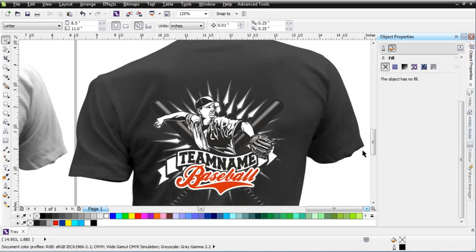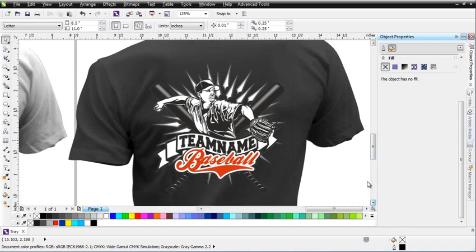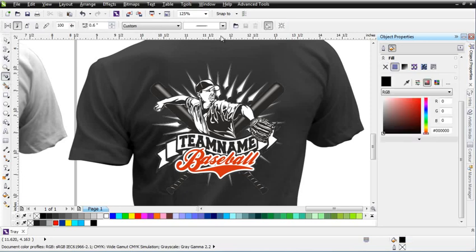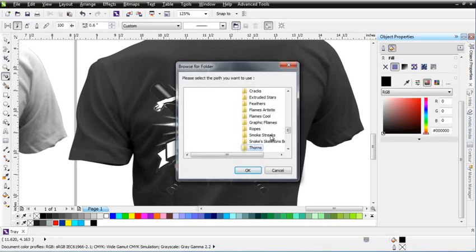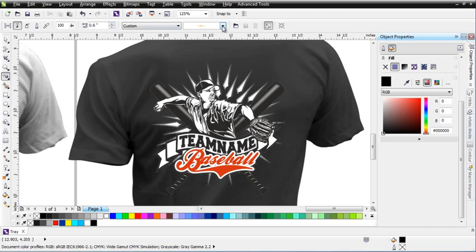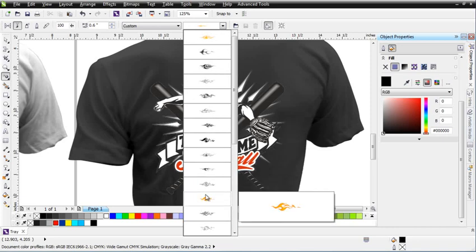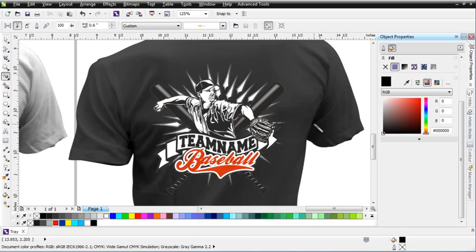I'm going to come over here. I've got another design set up and we'll take a look at some of the flame brushes we have in the X6 content pack. Totally different flame brushes. So we'll go over here to artistic media. Go ahead and click here and I'm going to go to Flames Cool. I'm going to go ahead and scroll down here and I'll just pick something, perhaps this flame right here, and I'll just left click, hold down, drag up around through the design here and very quickly add a nice flame effect